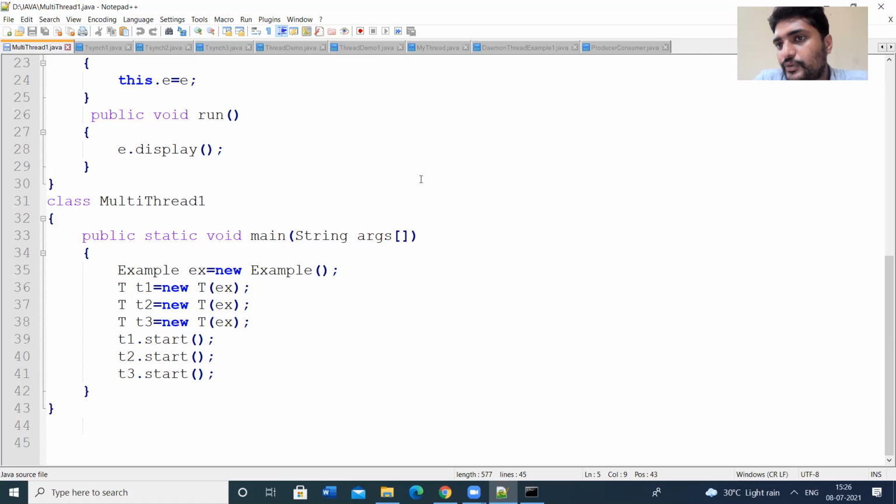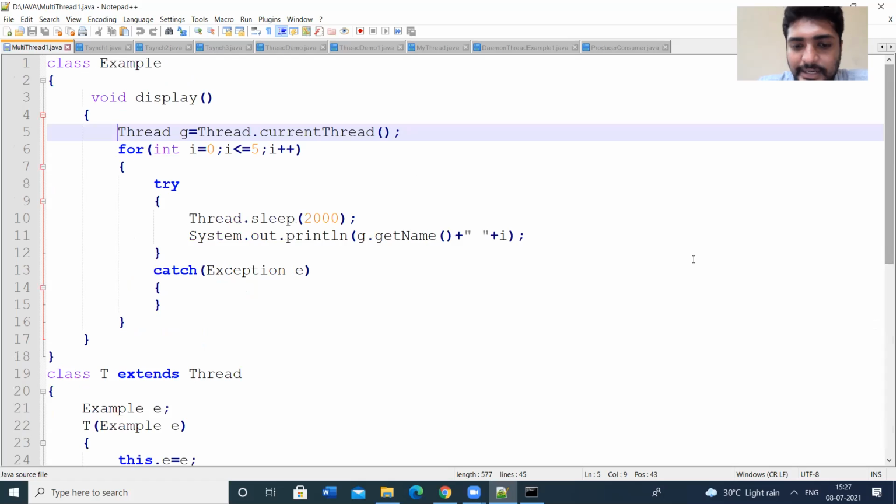That's why whenever you use multiple threads, we have to use the synchronized keyword, in any of these three ways: synchronized method, synchronized block, or synchronized static method. By using any of these, you can provide synchronization. So the safe thing is, whenever you use multiple threads, use synchronization. So this is the concept of multi-threading.